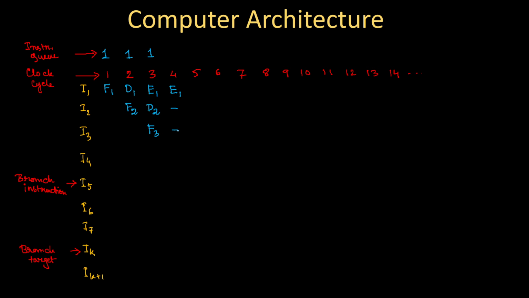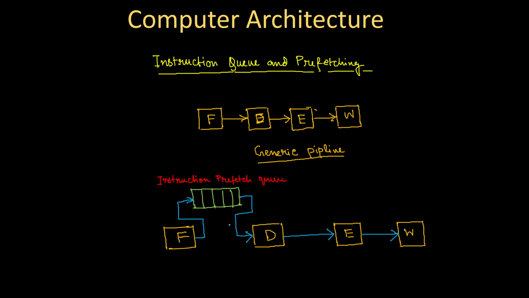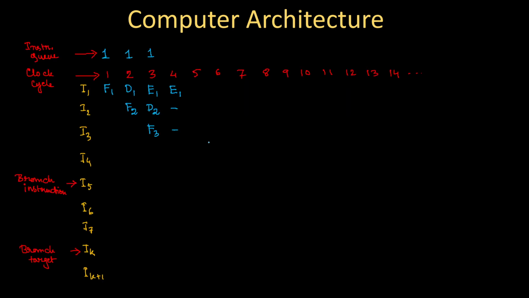That is fine. But you see, with respect to this diagram, since I have multiple locations in this queue and only one instruction is stored in this queue, that means there is several memory space left which are blank at that moment. So although the decoder is stopped, I mean the decoder is holding the previous instruction, the fetch unit will continue fetching the next instruction, right? Fetch unit will not stop, right?